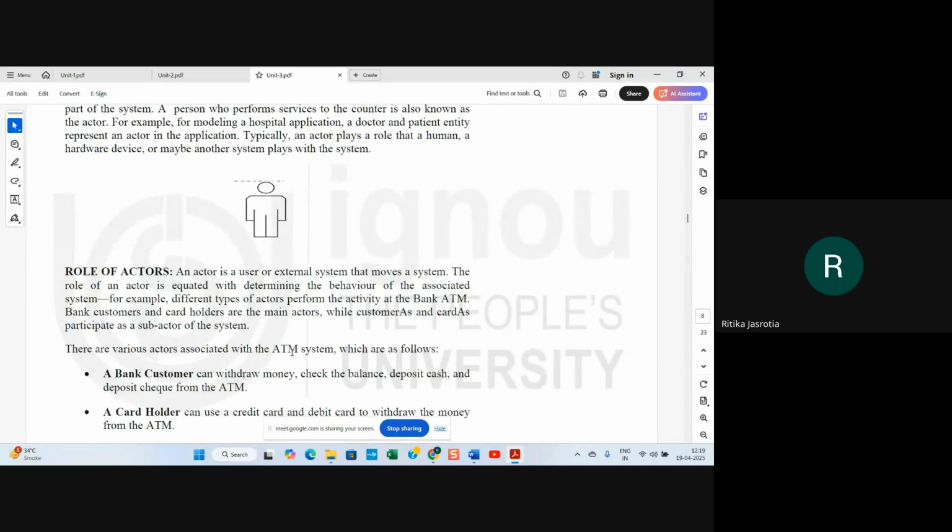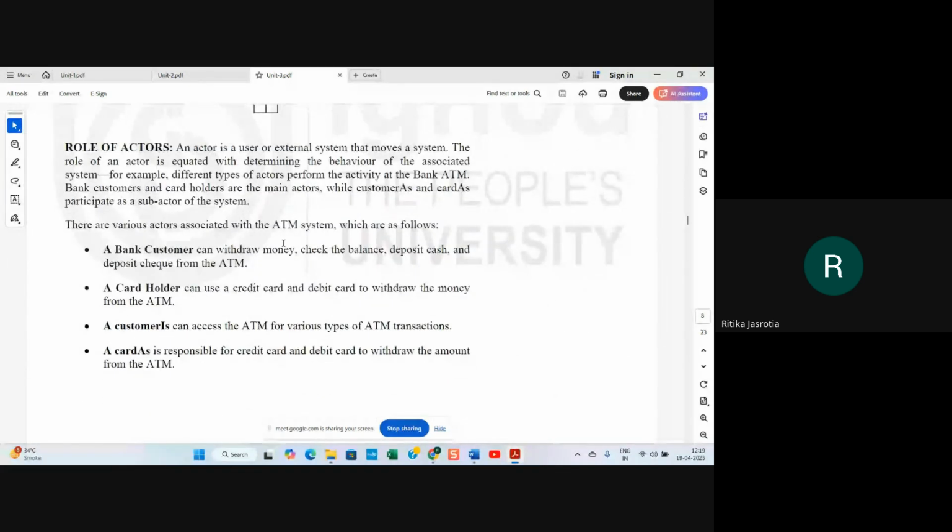So there are various actors associated with the ATM system: a bank customer, a card holder. A customer can access the ATM for various types of ATM transactions. A card is responsible for credit card and debit card to withdraw the amount from the ATM.